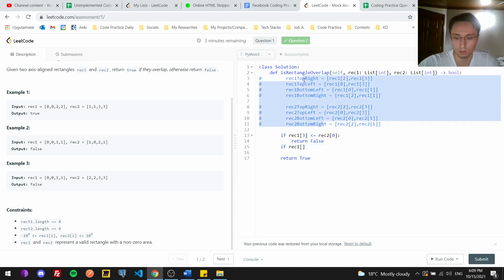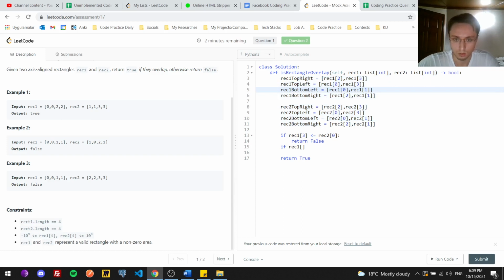I can actually use these. Y, which is 1, is less than rect2 bottom left. If rect1 bottom right y is